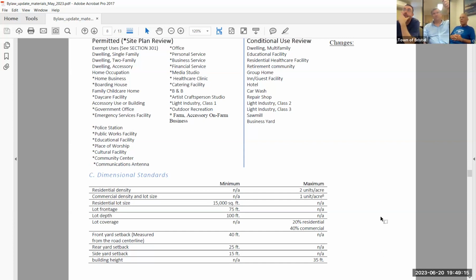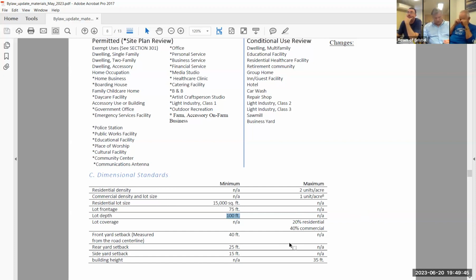Just summing it up, you've got residential density of 2 units per acre. In your high density district, you have 4 units per acre. Your residential lot size is 15,000 square feet. In the high density residential districts, it's 10,000 square feet. Your lot depth is 75 feet in the high density residential district. It's 100 feet here.